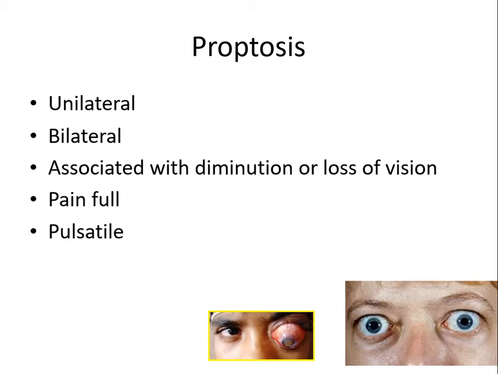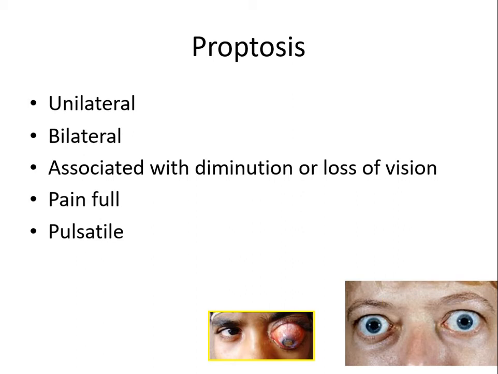Whereas in lacrimal gland tumor, eccentric proptosis will occur. The globe will be pushed down and out. Once the pleomorphic adenoma gets converted into pleomorphic adenocarcinoma, when it infiltrates the periosteum of the orbital bone, the pain will start. So proptosis will occur first and pain will occur later on, or pain will be of recent origin.